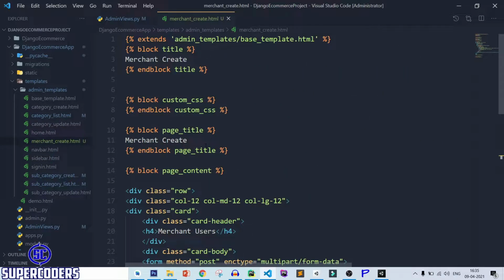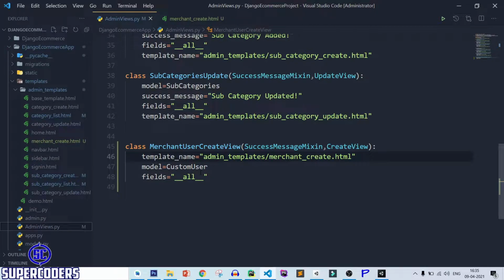After that, let's check if it's working or not. So let's link with our urls.py.